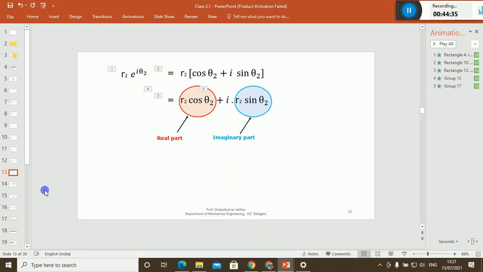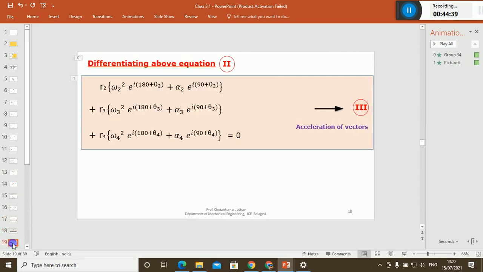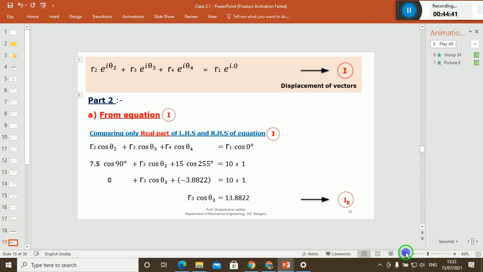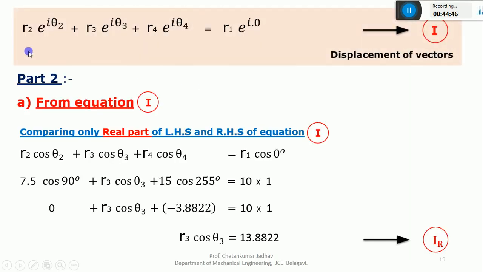In the similar manner, for the first attempt you may feel difficulty, but this is a very easy problem. The final examination will have the same thing, but you need to practice twice or thrice and you'll get the flow. So this is part 2.